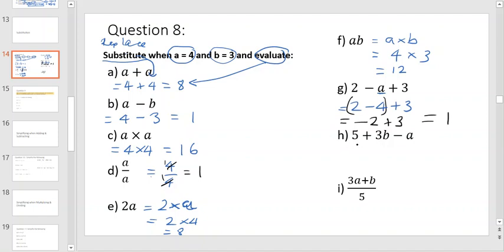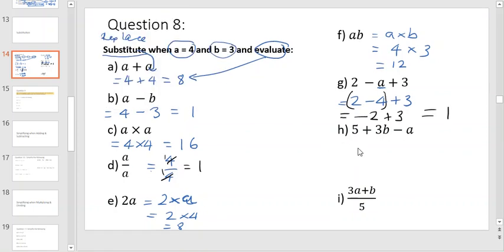So H, now with H, it's starting to get a little bit more complicated. So before you start substituting, let's see what we have. Here I can see I've got 3B, 3 times B. I've got a plus here and a takeaway. So 3 times B will have to come first. Now I'm going to replace B with, what is B? B is 3. So 5 plus, I might put brackets around it to make it more visual,